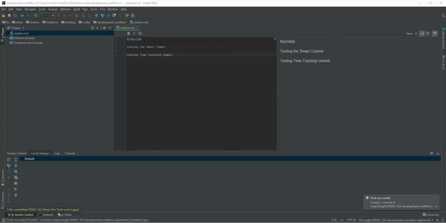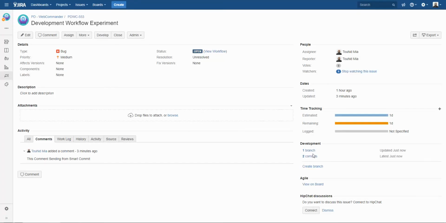Let's see in the browser. Here you see that the second commit came, but it's still saying not specified. Now give me a reload. This is the change: it just added 10 minutes logged. This is actually the feature of time tracking. Okay, let me show you the last thing,